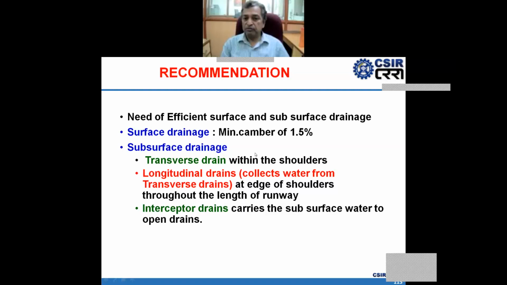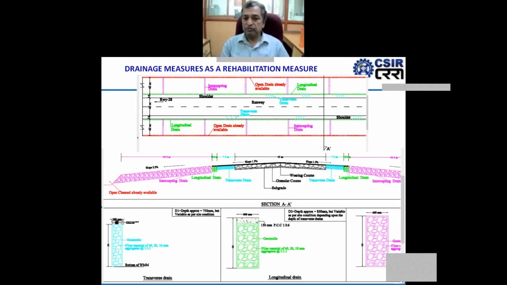So these will be shown in the slide later on, where the transverse drains are, where the longitudinal drains are, and where the interceptor drains are. You will see this is the complete drainage system recommendation. This center portion is the runway, and parallel to the runway,